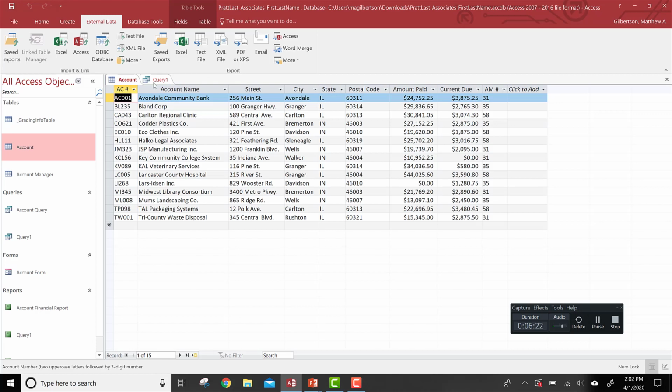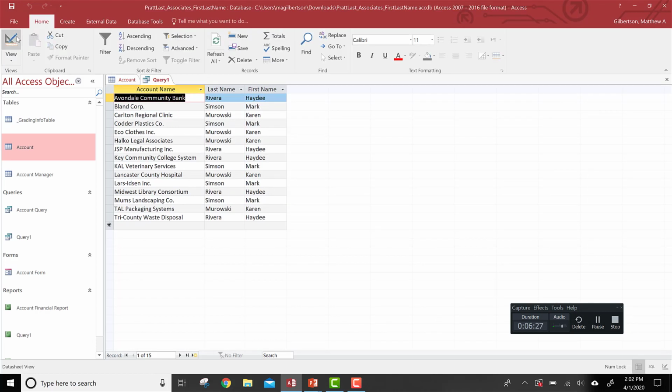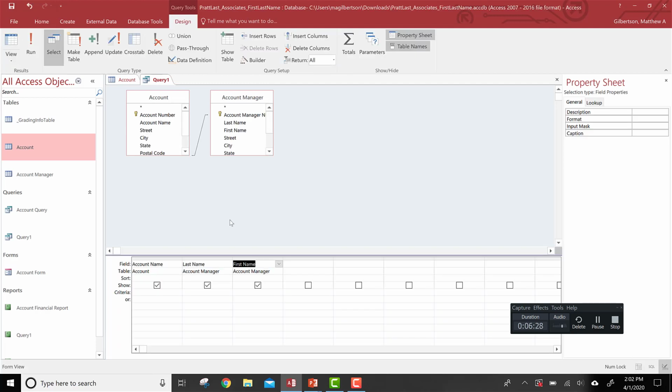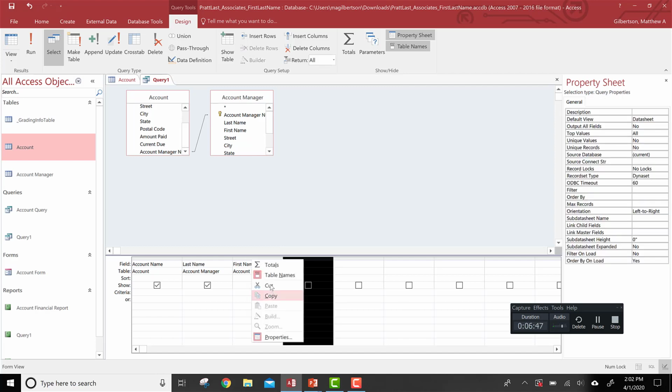I'm going to go back to my query here that I've been working with. I'm going to put it back into design view, and then go to the first empty field. I'm going to do amount paid divided by current due, just so I have some kind of mathematical thing here. I just have to go to the first empty field, right click, and then choose